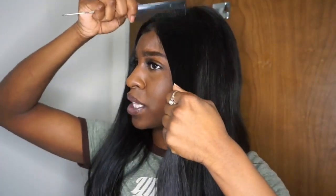Okay, so let's lay that down, pull those over. I'm just doing this for y'all really quickly, but I do add water, and I do use this stuff. What is it called? It's in a little brown bottle. It's some type of New York edge control or something like that. Some type of super hold that I mix with water so that it won't get flaky. So let's go ahead and test these out, y'all,